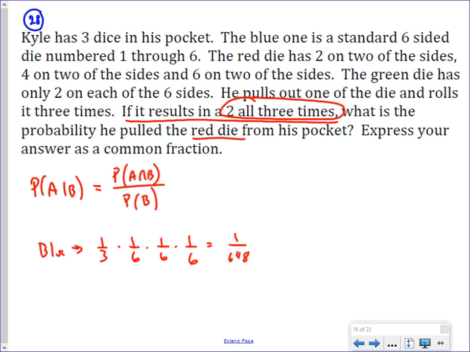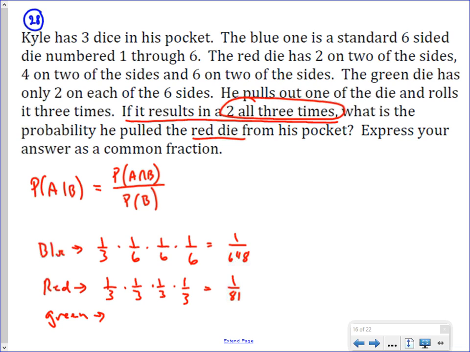For the red die, 1/3 of the time you're going to pull the red die out. It has a 2 on 2 of the sides, 4 on 2 of the sides, and 6 on 2 of the sides. That means the probability of getting a 2 is 1/3, 2 out of 6. So for each of the 3 rolls, you have a 1/3 chance of getting a 2. If you want to get a 2 all 3 times, it's going to give you 1 out of 81. And then finally, on the green die,